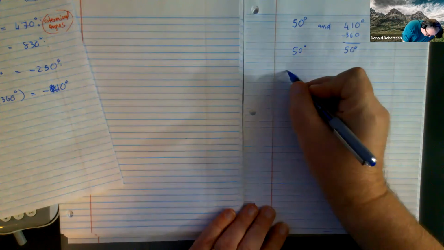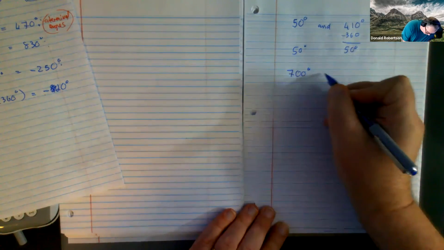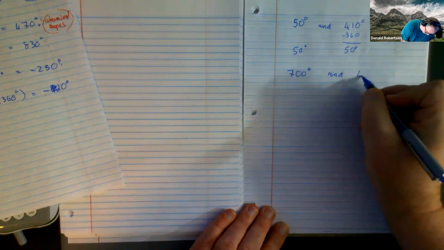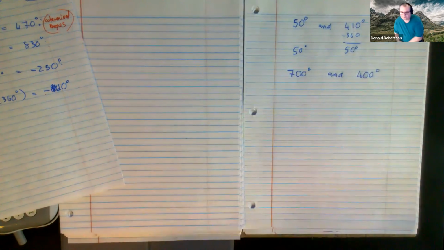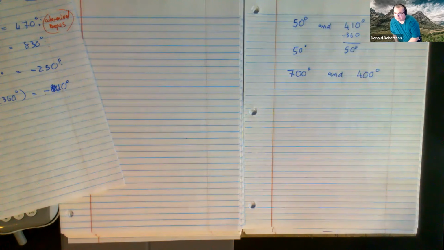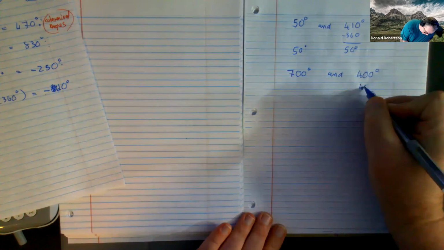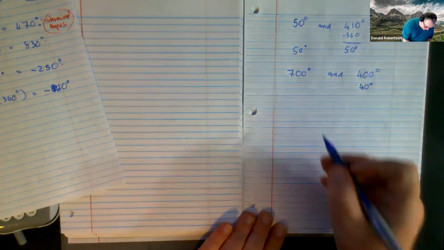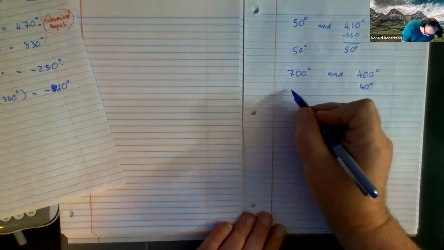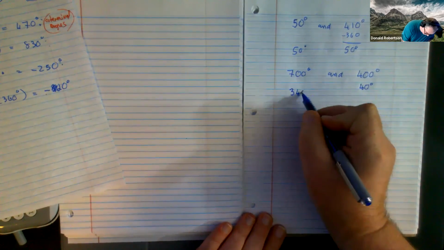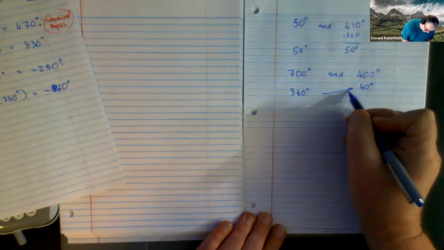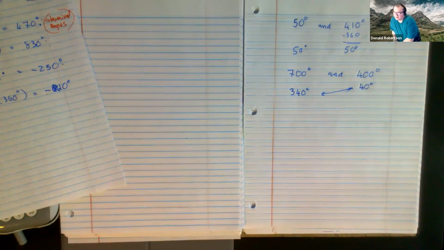And suppose I gave you 700 degrees and, I don't know, 400 degrees. You're shaking your head, which I would agree, they're probably not coterminal. But to check, shouldn't we find out what they are as a basic angle? So if you take this guy and take 360 away, isn't it 340 degrees? And if you take 360 away from this one, I believe you get 340 degrees. Would you agree that they don't match? And so,